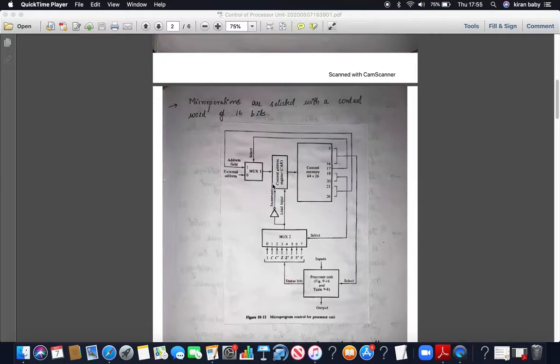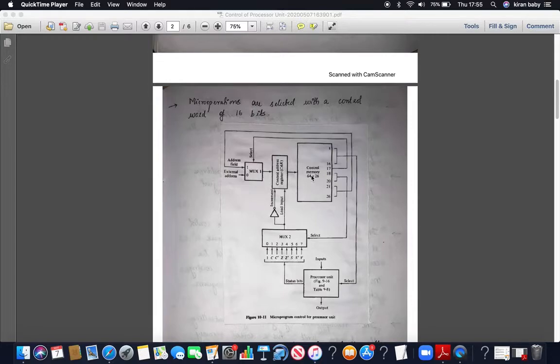What do you mean by a microprogrammed control unit? It is a program that is written. Once the hardware components are connected together, a program is written inside the ROM in terms of control words. This control memory, or this ROM that we already studied in the previous video, will have a set of control words. These control words are permanent and denote different micro operations to be performed, that is, the different arithmetical or logical operations that need to be performed.